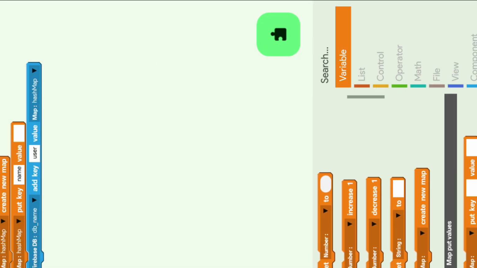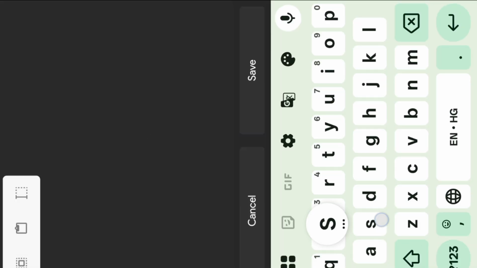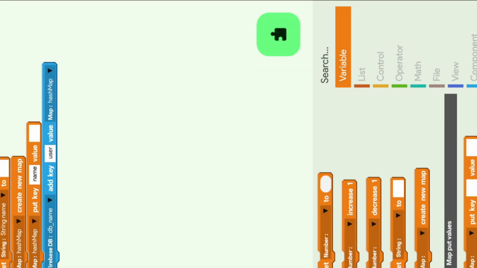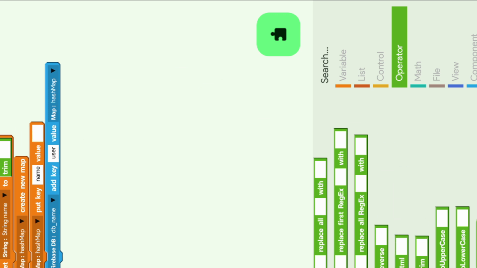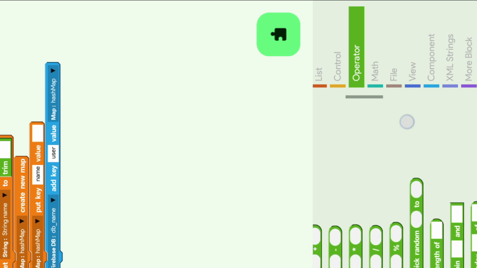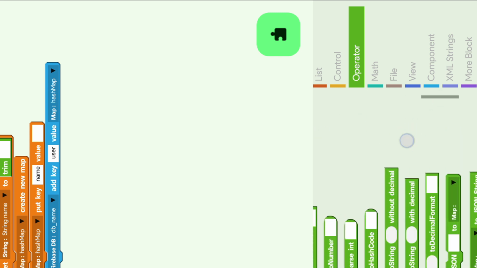I want to create a string because I need it, a string name. And you can also use the trim block to remove the spaces from the start and end positions.